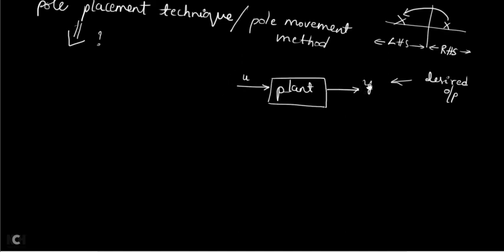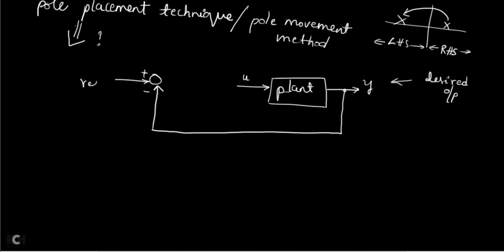Now in order to get this desired output, how to design a control system? I have to take a feedback from this Y, and subtract that feedback from the reference input signal. After subtracting, you are going to get the error signal. That error signal should be given as input to the controller, and then the controller output will produce U. So U is the output of the controller.